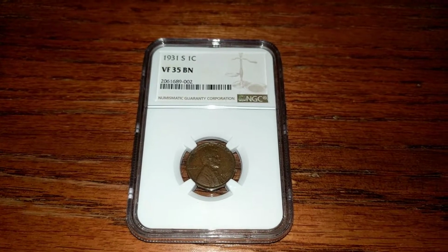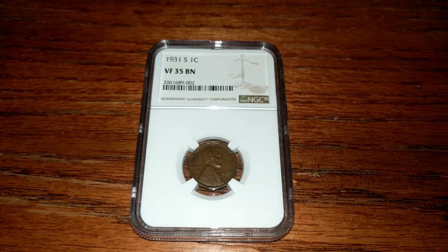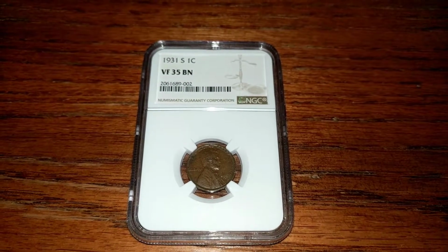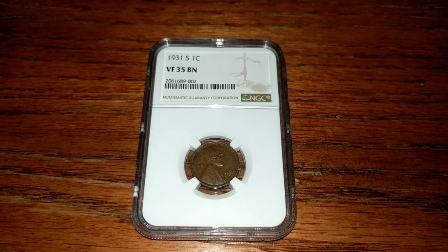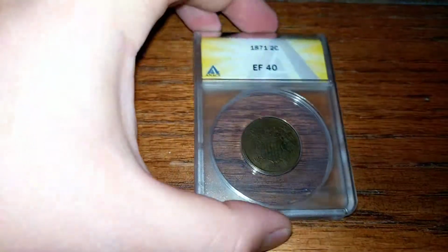But it's a really neat coin, and you can find these higher grades very easily as well. I have a lower grade one than this that I've never got graded, but I just wanted to keep this because of the story on it. My other ones are all pawn shop coins,